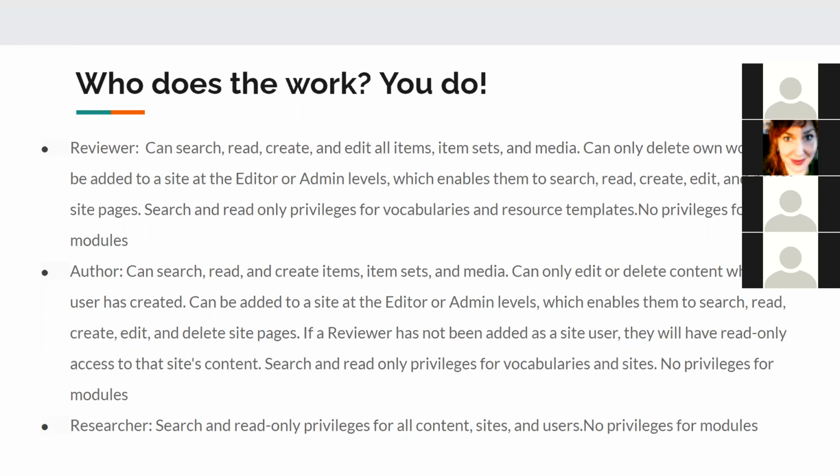So if you have somebody, like when I worked on a grant project, I needed to give the grant project manager and some of the other members of the grant team, or they needed to write reports and things like that about the work that we were doing in terms of the grant. And so I gave them the researcher role, so they could go in, they could see the work that was being done, they could make their notes in terms of what was happening, but they had no privileges to do any work, and they didn't